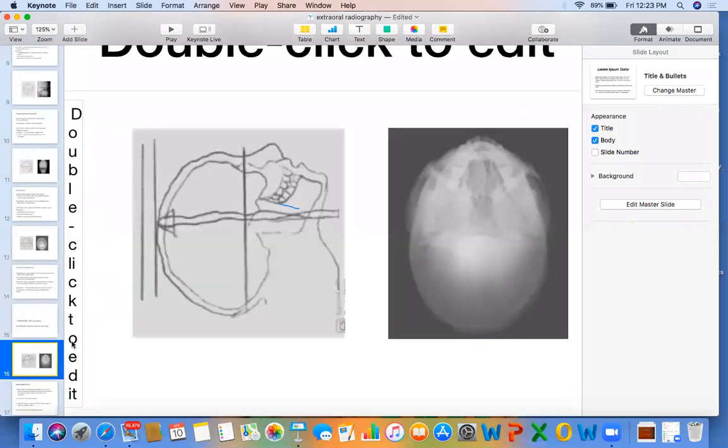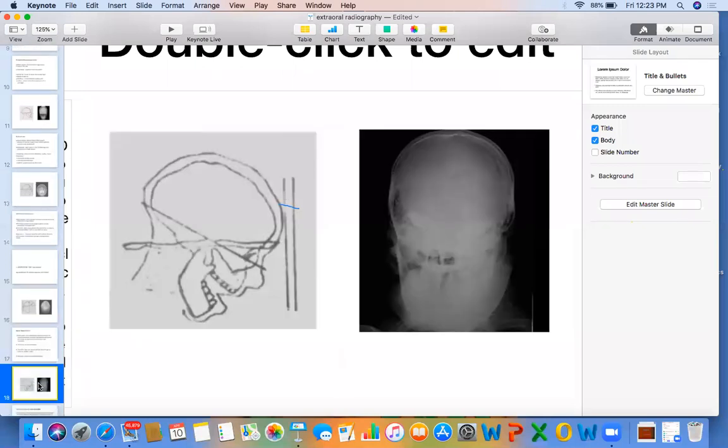Now we'll go to SM view. There are two SMVs. One is the modification. Now again the neck is extended. Ray is coming from submental area going to vertex, and this is how we are going to see this radiograph. If you see zygomatic arches, you will say it is a jughandle view. If you don't see zygomatic arches in your radiograph, then you will say it is a SMV. And if zygomatic arches are seen, you will say that it is a modified SMV.